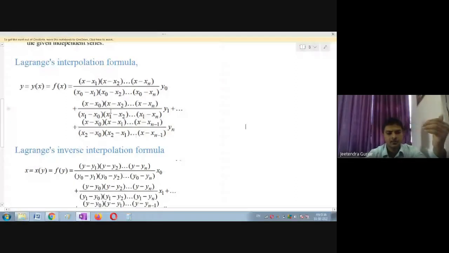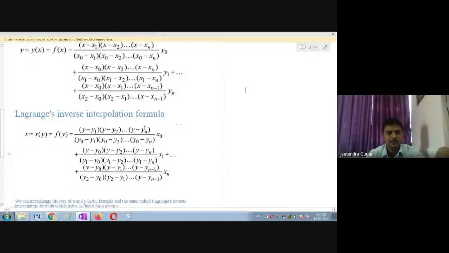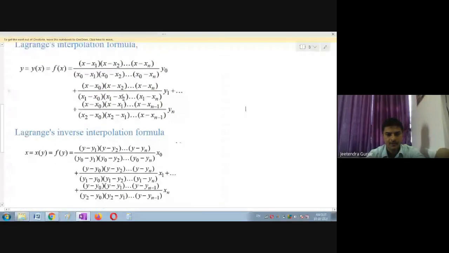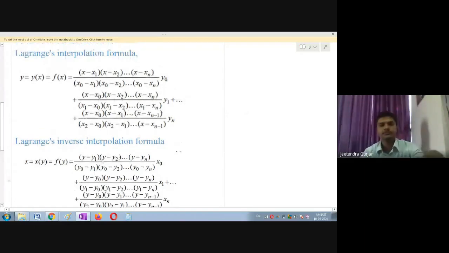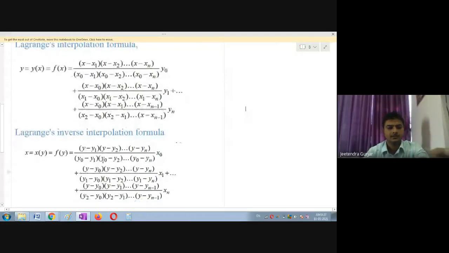Okay, next we have Lagrange's inverse interpolation formula. Please note down, wherever x is there, you can convert and write it in terms of y. Okay, so in the previous lecture also, I think I have told you that whenever they tell you x is linear, then you use x as the independent variable. If they give you y is linear, y is independent. I think some of them have got confused, right? And they have written the y formula for x linear. X is linear, they have written y as the formula, and in some examples where y is linear, you have used the x formula, the x independent formula you have taken and written.